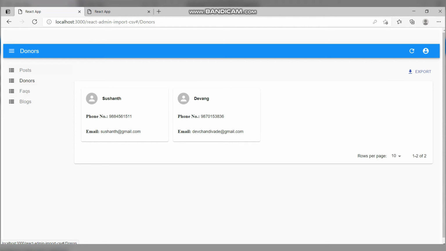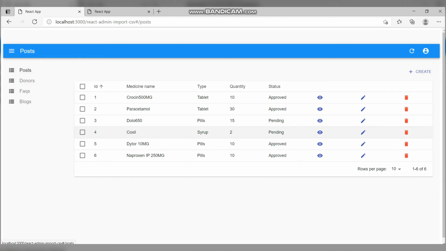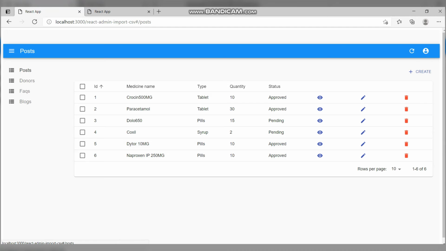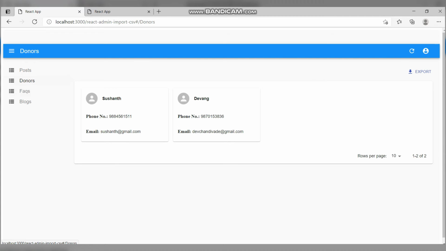These are the donors who put the donations for that particular medicine. So our application scans the requests from NGOs and users and makes matching pairs. As you can see, the request has been approved and simultaneously the changes have shown in the NGO panel. The status has been approved, because of these donors we got the particular medicine. So now the NGOs can contact the donor directly from the donors panel to get the medicine.